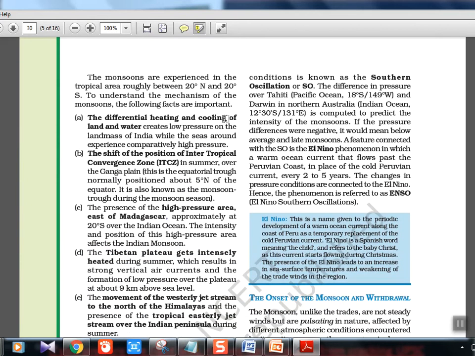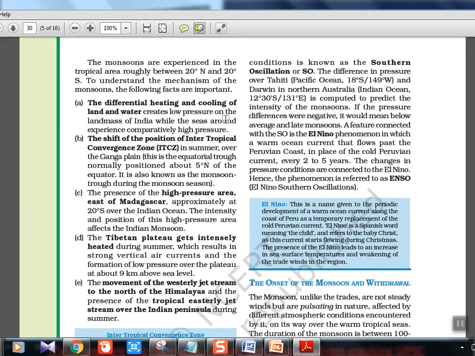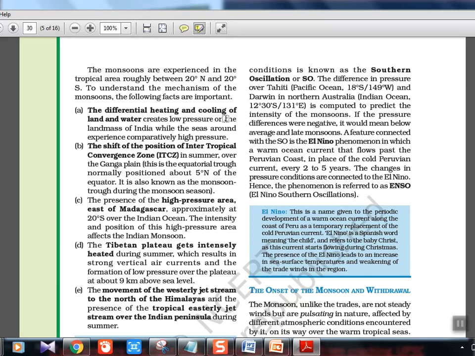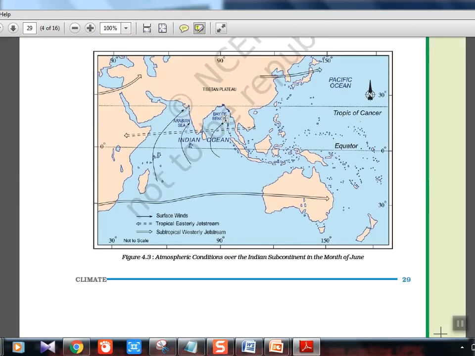Now this is very important, the reasons of monsoon, or the story of monsoon. I'll tell you in a very simple way. Suppose you know nothing about monsoons, I'll tell you how it actually causes rain. This is India. At the top here we have Tibet, and the Pamir plateau here. It is a plateau and it is always getting heated up. When it gets too hot, the air becomes lighter and gets uplifted. When it's getting uplifted, it has to go somewhere, right?